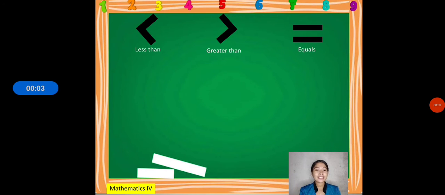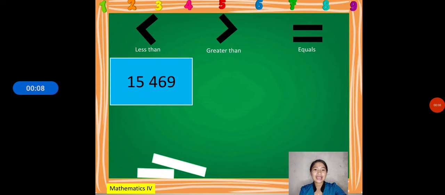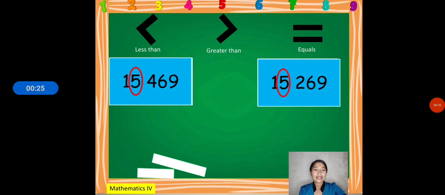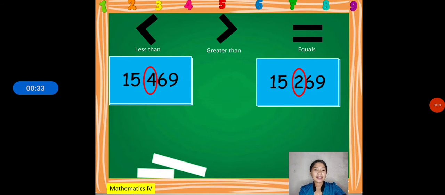To test your mastery in comparing numbers, we have 15,469 and 15,269. Okay, let's start with the 10,000s digit. They are both 1, which means it is equal. In the thousands digit, we have 5. Again, they are equal. Next, in the hundreds digit, we have 4 and 2. 4 is bigger than 2, therefore,